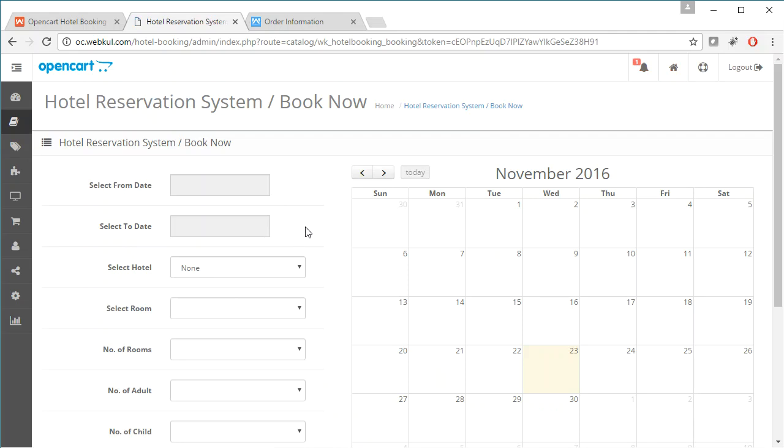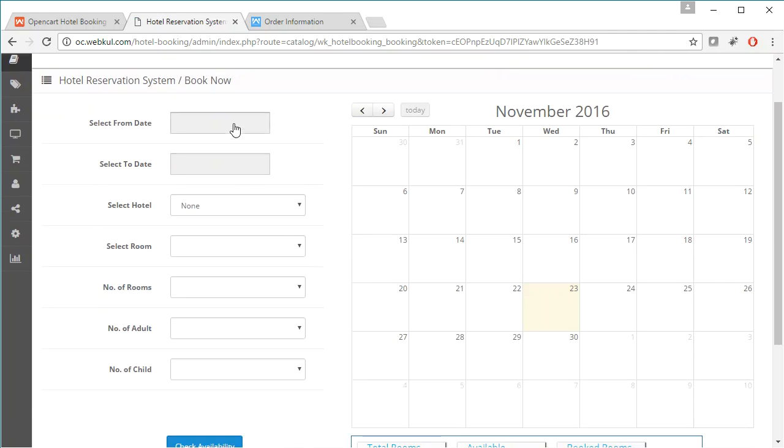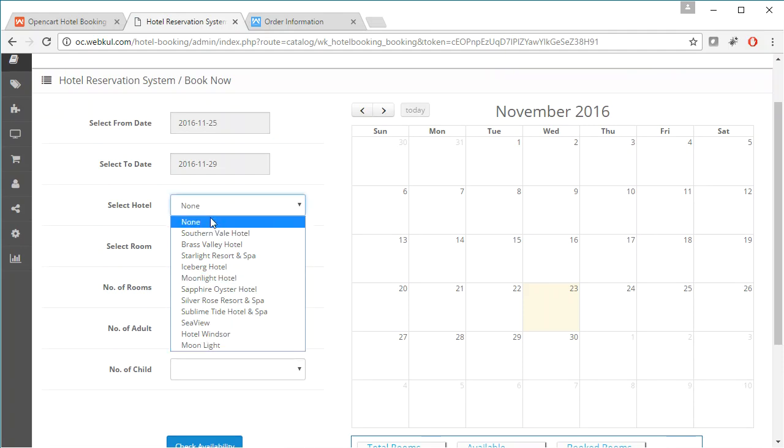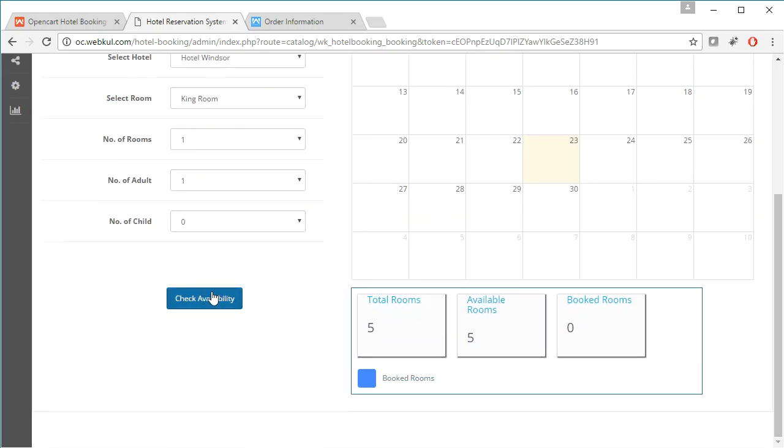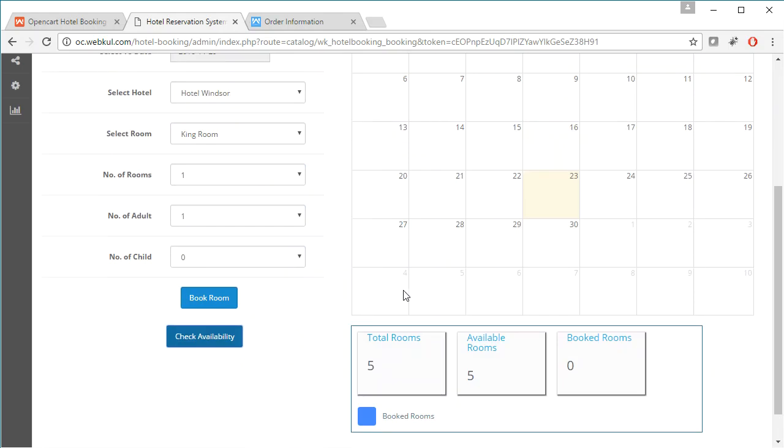After that, there is an option for booked rooms. From here the admin can book rooms on behalf of the customers. So the admin can select their check-in and check-out date, and then they can select any particular hotel if they want to book the room for that. And then let's just say they can select the rooms that are available in that hotel, and they can select the number of rooms, number of adults, and then they can click on check availability,